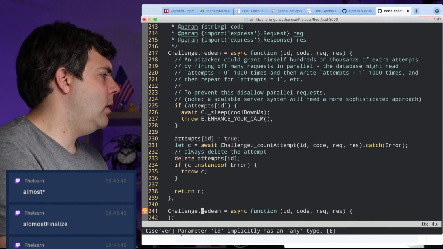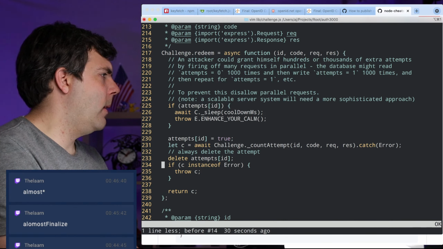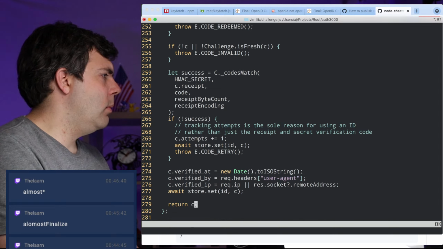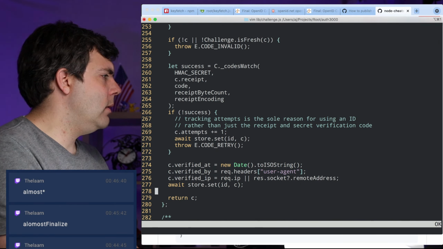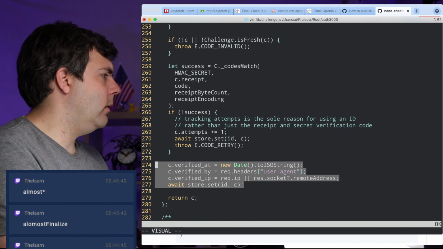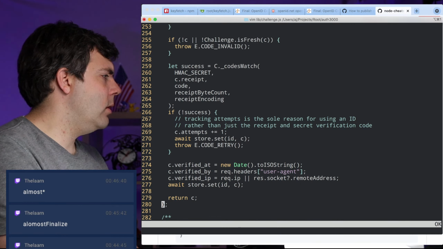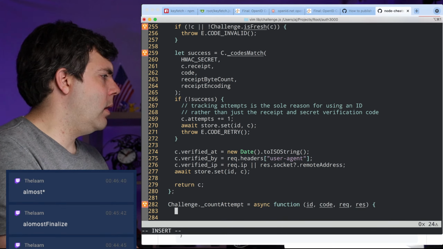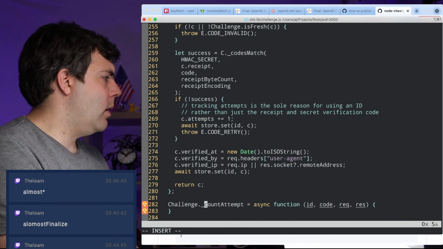Okay, but let's say I don't want to do the redeem. So I want to do everything else. So we count attempt, but let's not. So if success, I don't want to do the verify. That's the main difference. So we're going to have a verify function that calls count attempt.